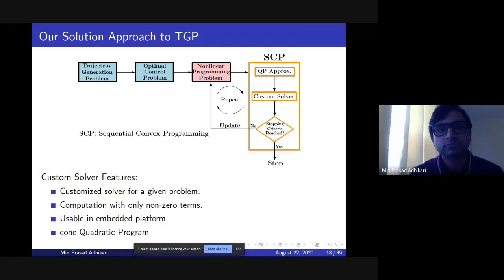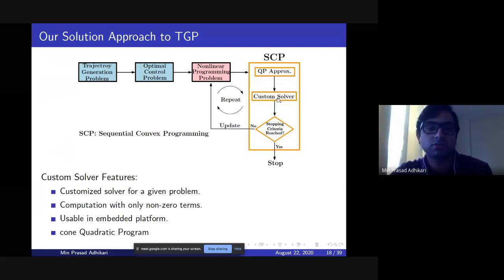trajectory generation. So the trajectory generation problem, which is a nonlinear programming problem, we pose as a control problem. Since we want to solve it as an optimization problem, we call it an optimal control problem. And that optimal control problem is a nonlinear programming problem. And like I said, there's no guarantee on the solution time. So we take the sequential convex programming approach, meaning that we do a convex approximation of this nonlinear programming problem. Convex in the sense that the cost will be quadratic and the constraints will be linear. So it is a quadratic programming problem with a quadratic cost and linear constraints, and then we solve it using a